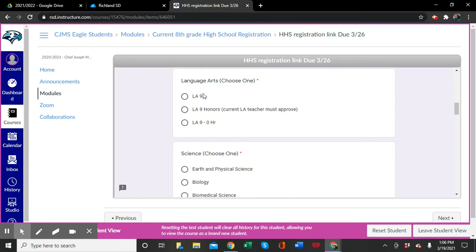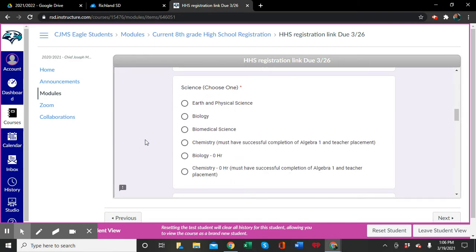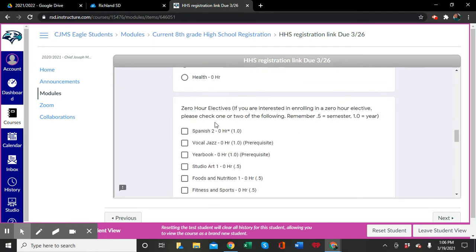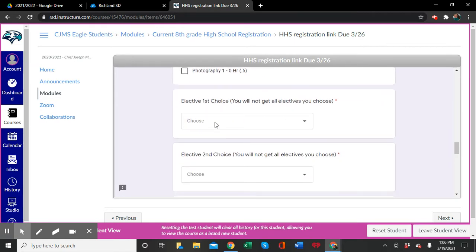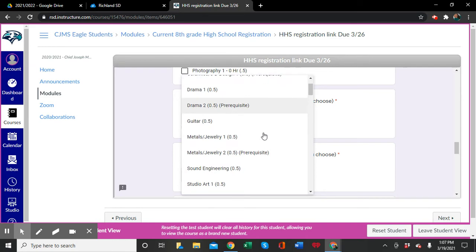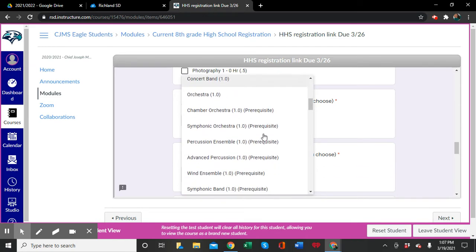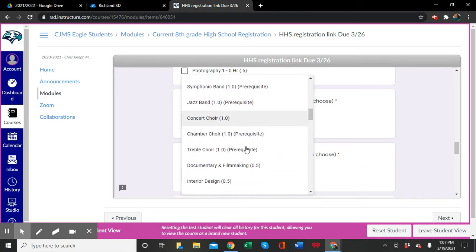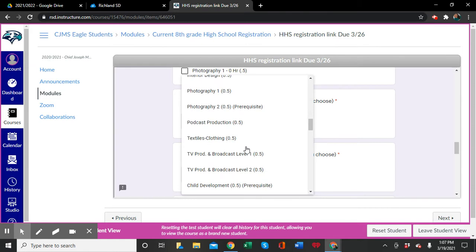So for language arts, you're going to choose one of these options. Same for science. And then for every period, they're going to give you some options. Down here, they have some drop-down menus for your elective choices. This is where you get a little more wiggle room and you get to offer up some preferences. It is so important that you complete these, and it will only offer things that you can take as a freshman next year. So with that, though, there might not be room